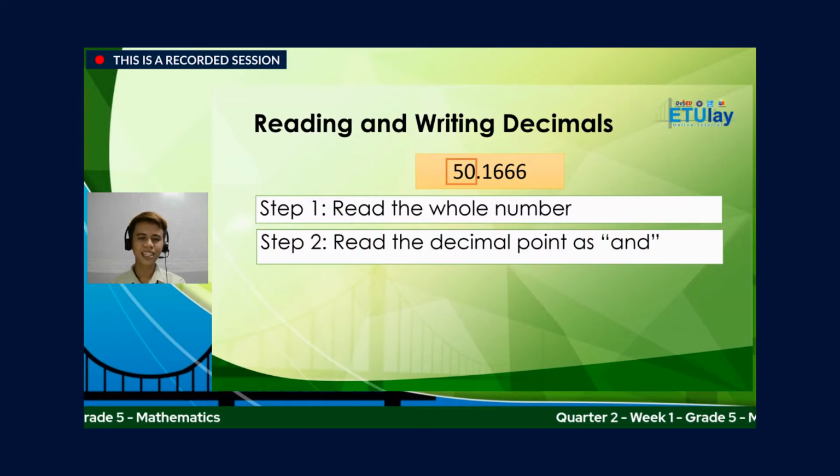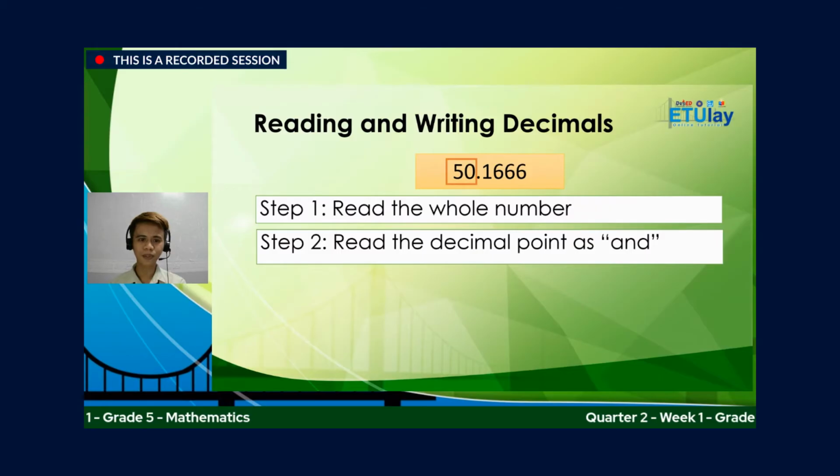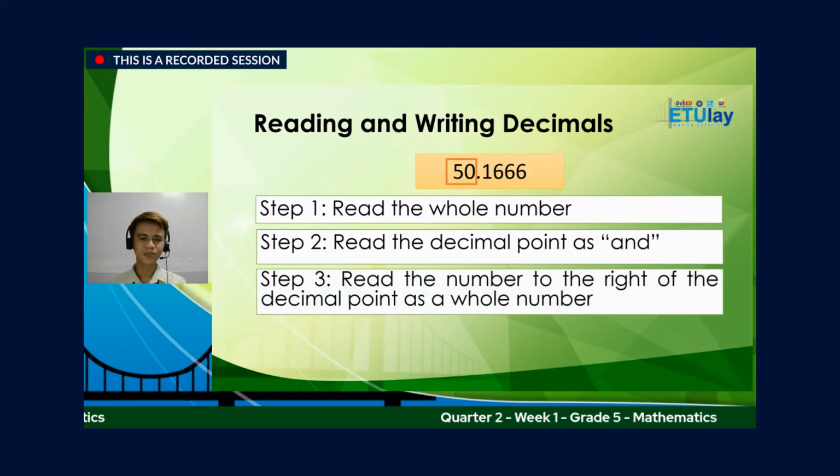Next step, read the decimal point as end. So hindi na natin siya babasahin as point. Babasahin natin siya bilang end. So step 1 and step 2, 50 end. Ngayon naman, step number 3, read the number to the right of the decimal point as a whole number. So, itong number na nasa right niya ay babasahin natin siya bilang isang whole number. And yung numbers or yung mga digits na nasa right portion ng ating decimal point ay 1, 6, 6, at 6. At kapag binasa natin ito as a whole number, it is